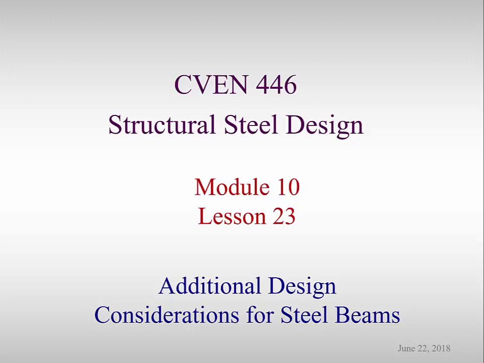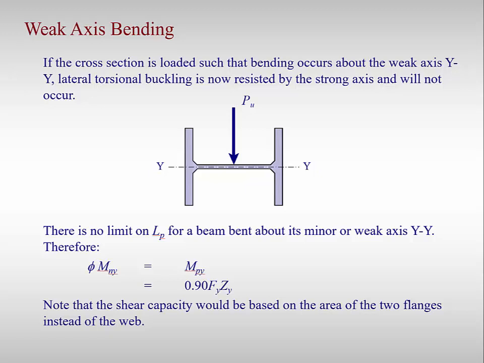Welcome to Lesson 23. The second lesson of Module 10 reviews additional design considerations for steel beams. Turning our attention away from shear, we now want to look at the weak axis bending capacity of a steel